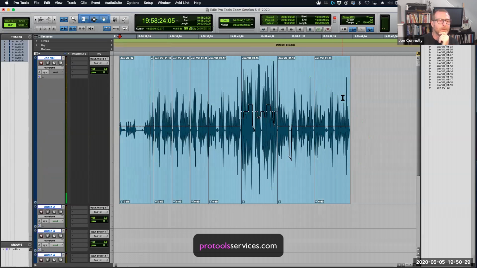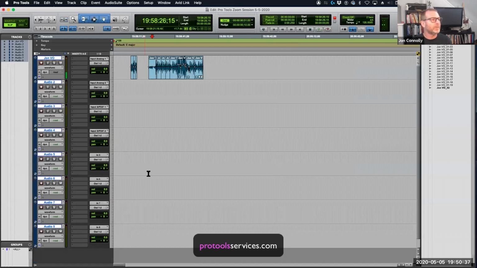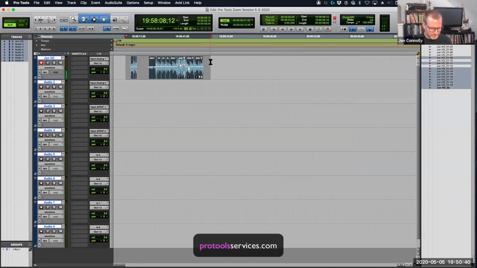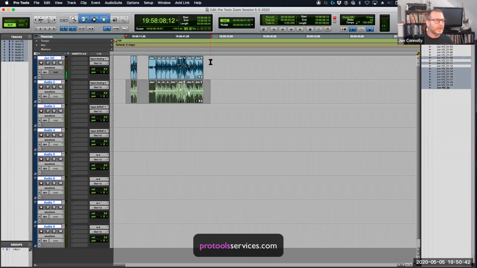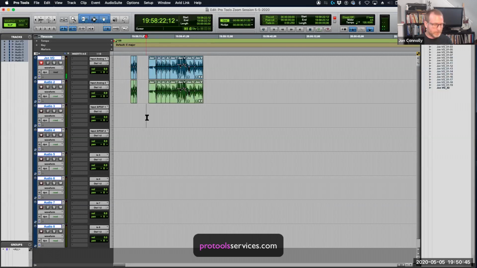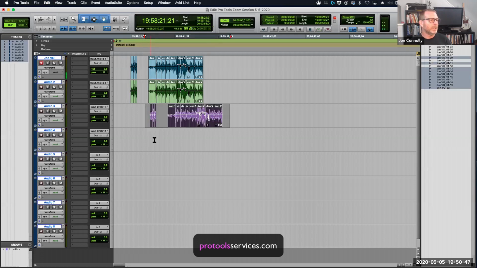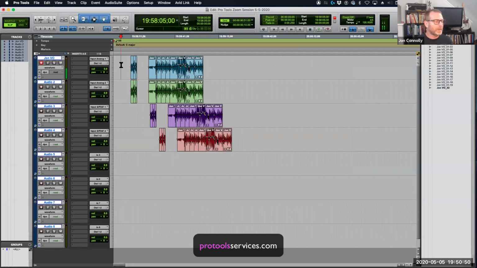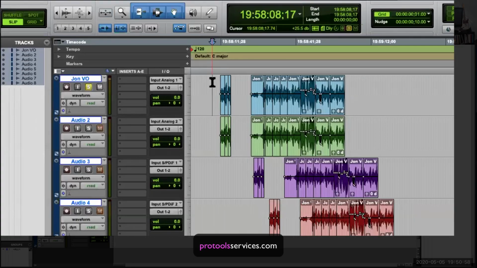Right? Another handy shortcut. If you want to solo this track, you've got a bunch of other tracks in here. Let's do this. I'm going to hit my E key, come back out. I'm going to copy this. Copy, paste. So I got a whole bunch of garbage going on, let's say, in this session. And I only want to hear one track at a time. Whatever track your cursor sits on, in this case, the top track, John VO, Shift S will solo that track. This is the same for Windows. Shift S will solo, Shift S will unsolo.